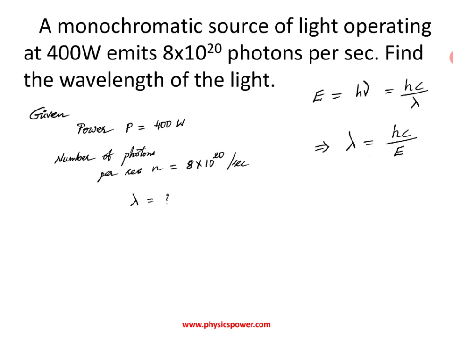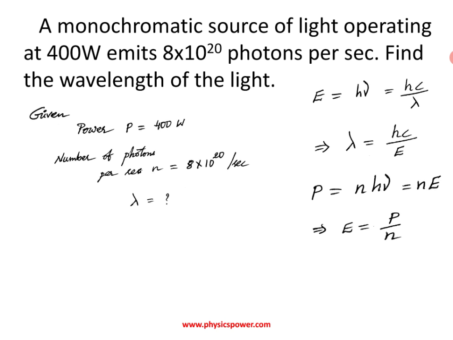So wavelength lambda we can get from the formula E equals h nu, nothing but hc by lambda, so from that lambda equals hc by E. But here to find the wavelength lambda, energy they did not give, but indirectly they mentioned power. From the power formula, power is n h nu, where n is the number of photons per second, so h nu is energy per second. So power formula P equals nE, so from that E equals P by n.